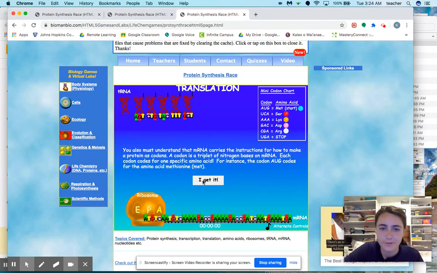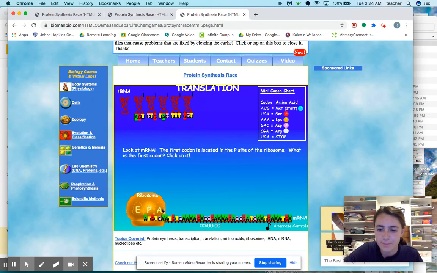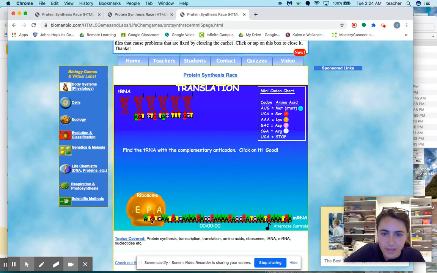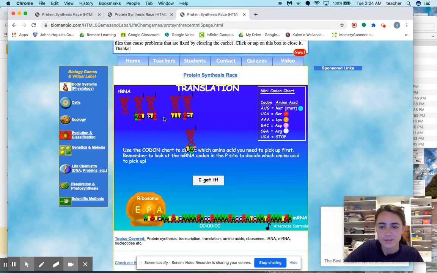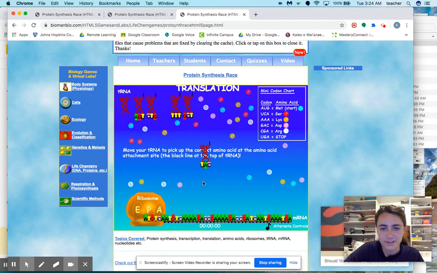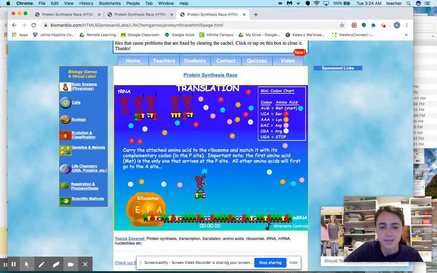So now for translation, this on the bottom is the mRNA strand, and you need to build a protein. The first codon is AUG, which is going to be up here, AUG methionine. So that's going to be the amino acid, and then the tRNA is the opposite of this, so AUG, UAC. So find UAC, there it is, click on it. Now you can move this around. There's all the amino acids. Remember, the blue one is met. So let's find that blue one, pick it up, bring it over,